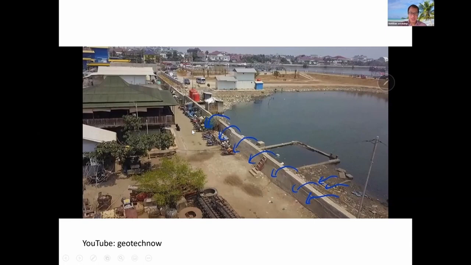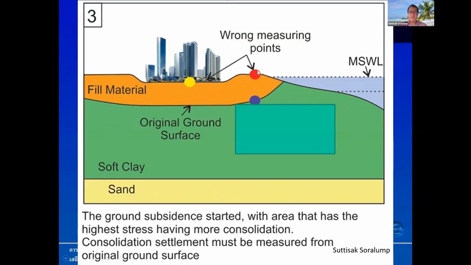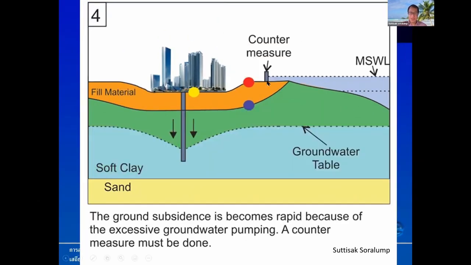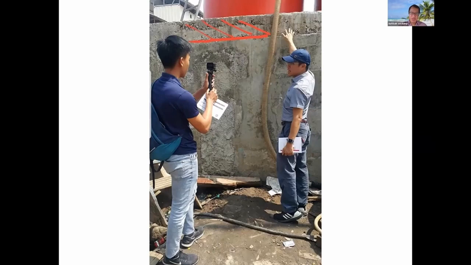Sometimes the seawater overflows, and climate change may be a source causing the sea level to increase. That's the point of view of some other people. Let's see the point of view of civil engineers. What about the point of view as a civil engineer? The flood wall is actually sinking because of its own weight.